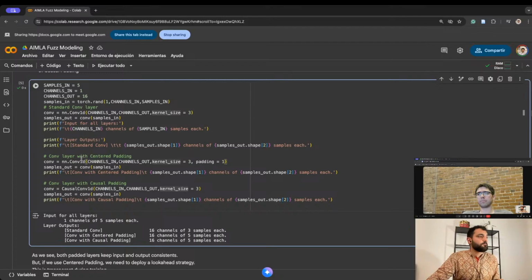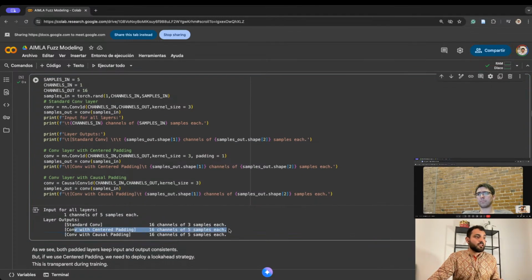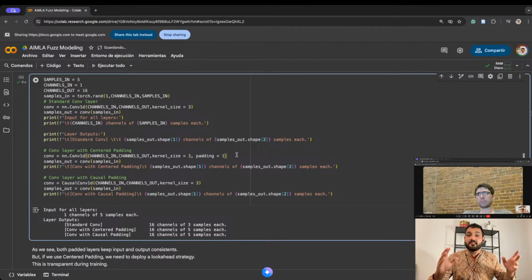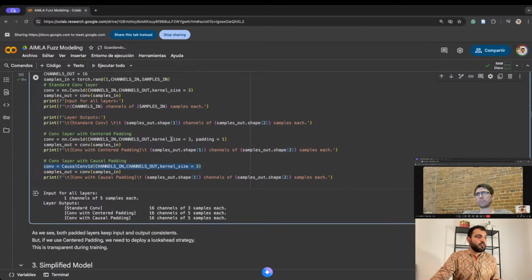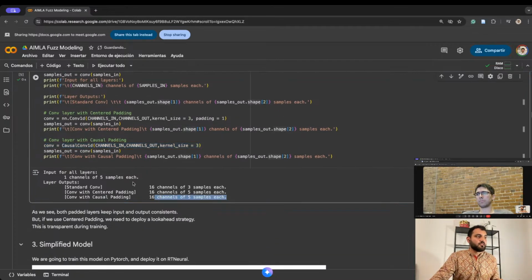But for instance, if we use center padding, which is a standard padding configuration option in the original convolutional layer in PyTorch, it actually works. From 5 samples of input, it gives us 5 samples of output, which makes sense. But we need to be very careful here, because this padding, padding equals 1, is symmetric padding. And again, if we test our own causal convolution, it also gives us 5 samples from an input of 5 samples. So this makes sense, and it doesn't break the correspondence.